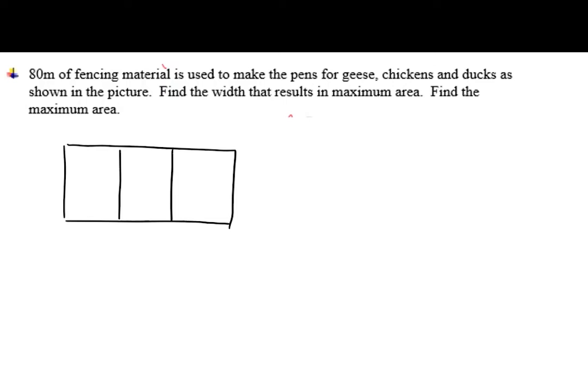Instead of that, I just start with area is equal to width times length. So once again, this is width, and that whole thing is a length. Okay, let's keep it simple. Now we have the same situation, so let's find the relationship. Now I have 4 W's and 2 L's